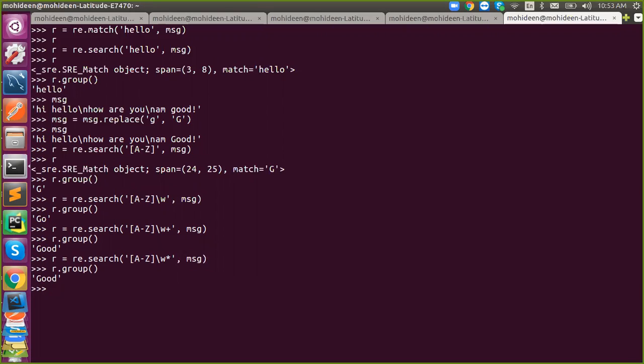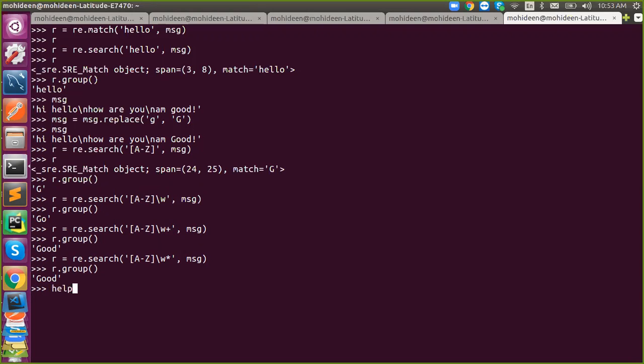Or you can use star, plus or star. So this is what we have seen in documentation. So to complete that, just say \W plus. Plus means it will move till the end. So I mistakenly said, when you say \W, it will check till the next character. But if you want to complete, you have to use plus.